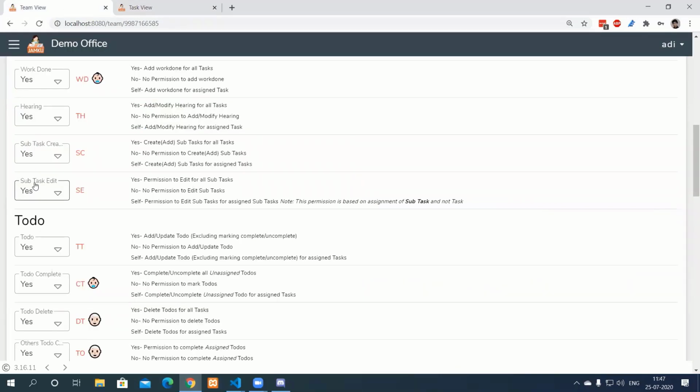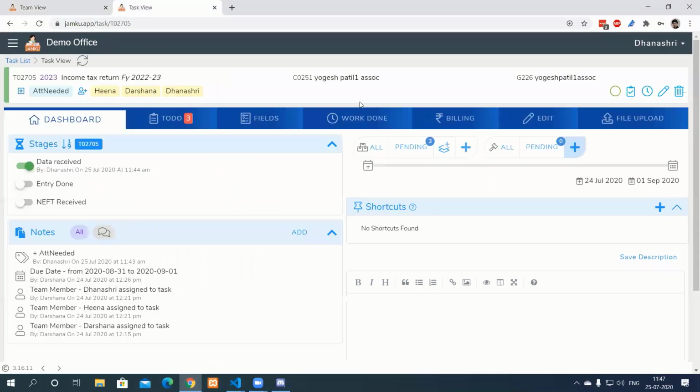But when we talk about subtask edit, then we are talking about permission, and if it is set to self, permission is checked for the subtask itself, whether the team member is assigned to the subtask.